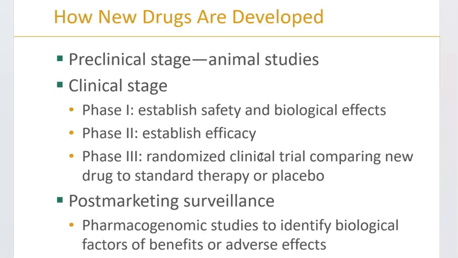However, within that arena of developing new drugs, there are certain stages and procedures that they go through. So the preclinical stage is the animal studies. The identification of the promising drugs and testing in animals occur. The pharmaceutical companies will identify a target drug, starting sometimes with an ingredient isolated from a plant or sometimes an organism, like in antibiotics. And then they'll find something that has a desirable property that they're trying to obtain. Sometimes they'll have a molecular target identified in the body to produce the desired response. Sometimes they have a disease in mind that needs a specific treatment.